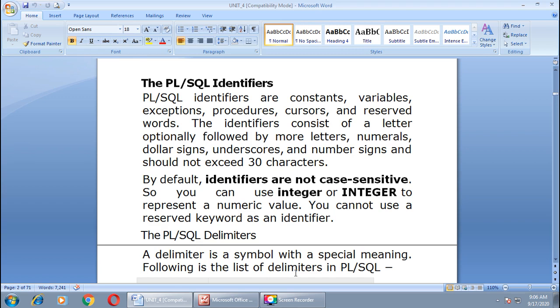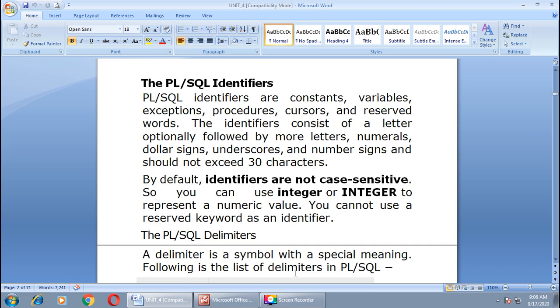The maximum length we can define for an identifier is 30 characters. By default, identifiers are not case sensitive. I repeat this line: identifiers are not case sensitive, especially in Oracle.